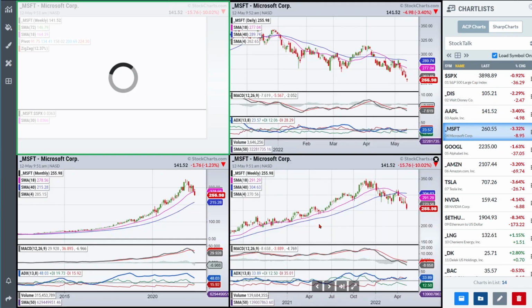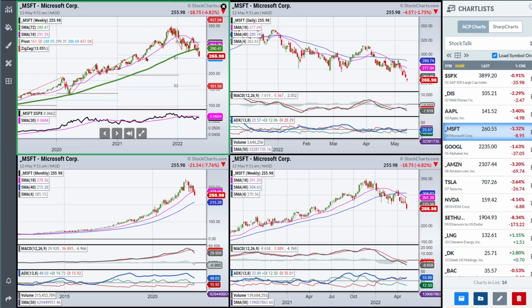So Microsoft, same concept. If you draw in your trend lines, you do your 1, 2, 3, you have a 1, 2, 3 top in place in this one as well. Now, what I would be saying is, look, the trend is down for now. How long does that trend last? I really don't know. As long as we stay below this trend line, I would argue that this is going to have a very difficult time. I'd be looking for a 1, 2, 3 reversal coming back to the upside before I feel really confident that we have something meaningful going on.